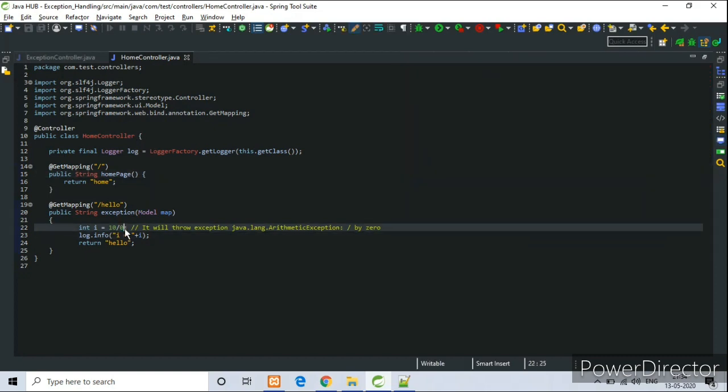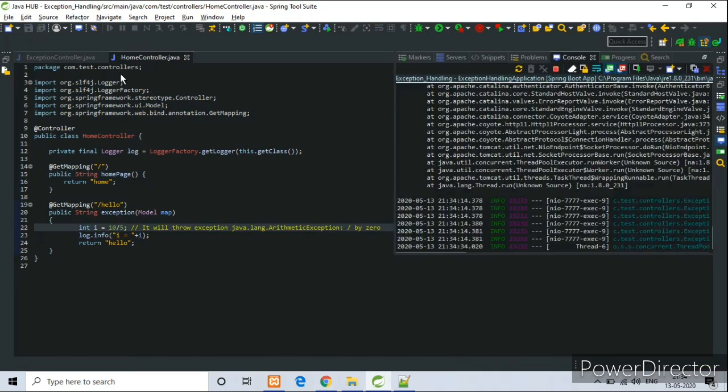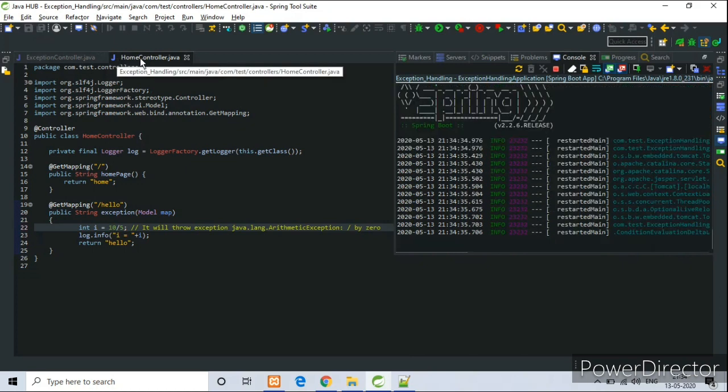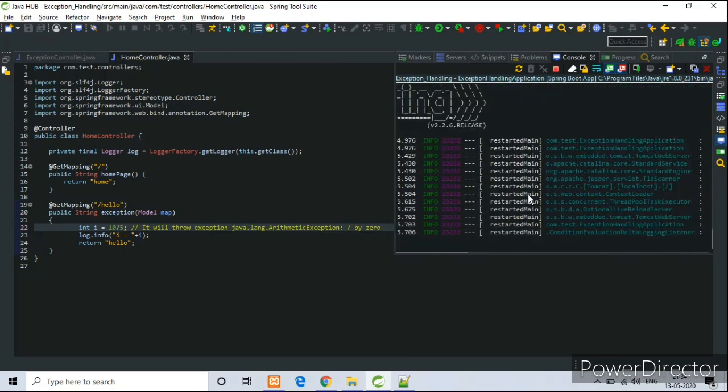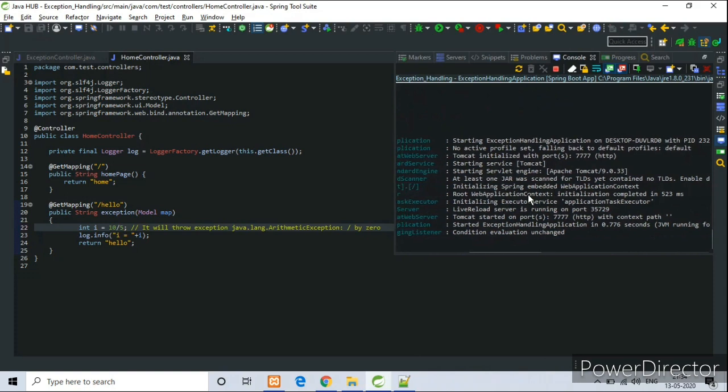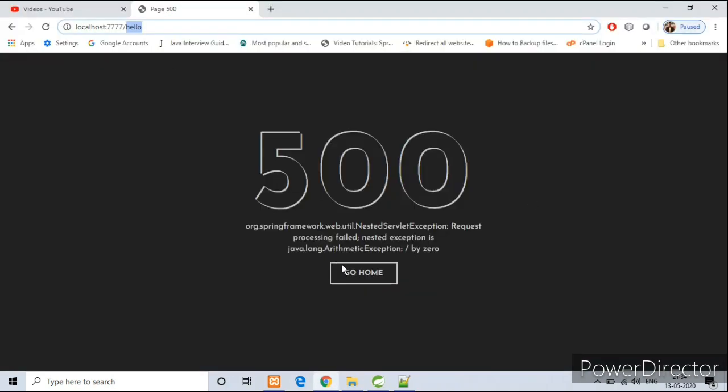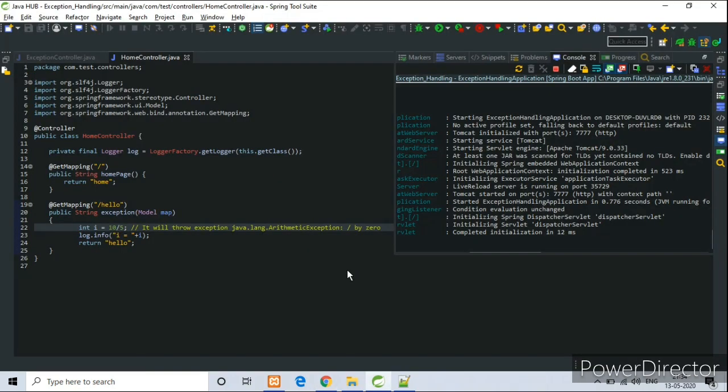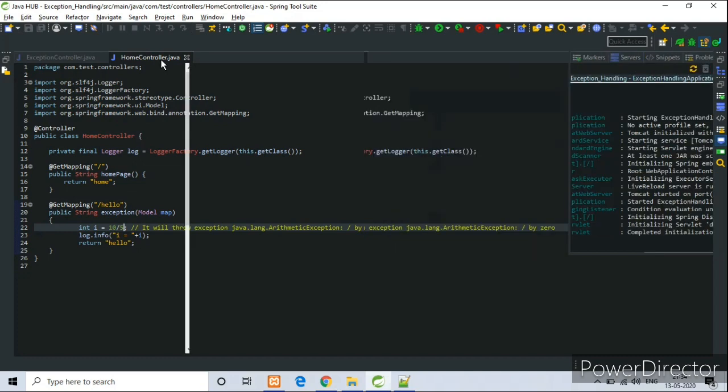Now let me change the value, and after this it will return the hello.jsp page because it is handling the exception now and showing the actual page. Let me go to the home page.